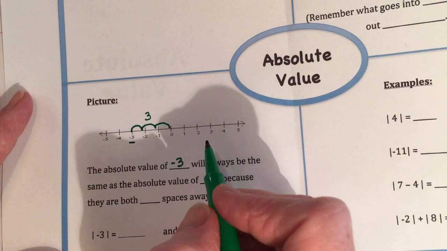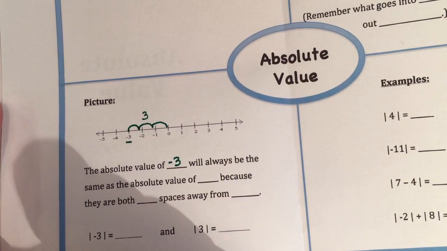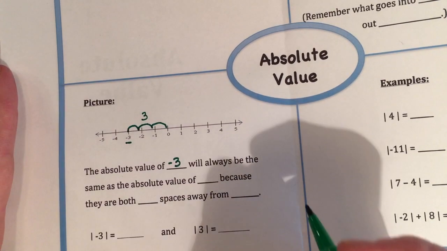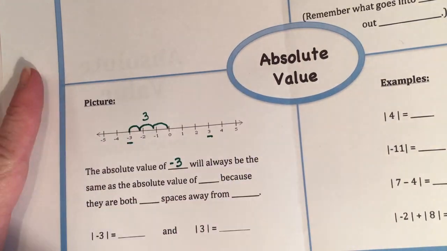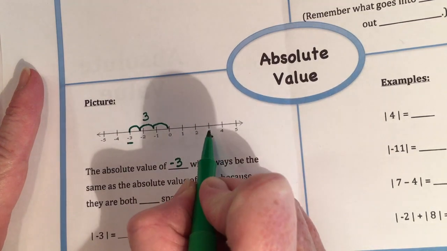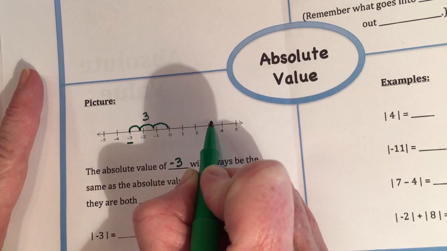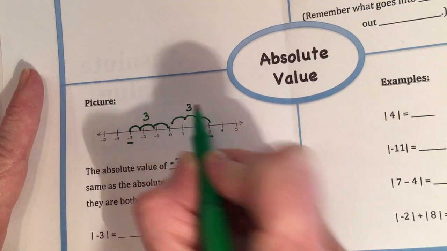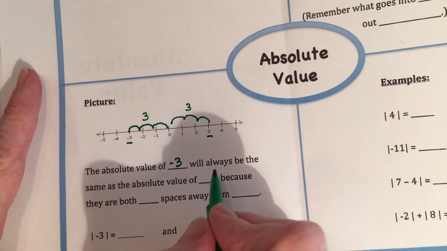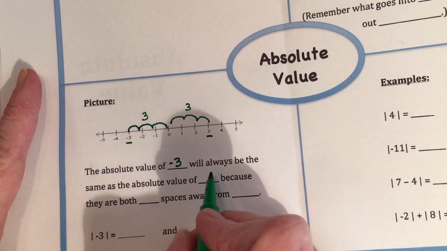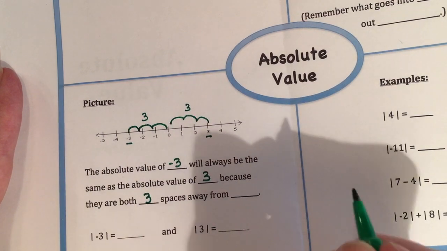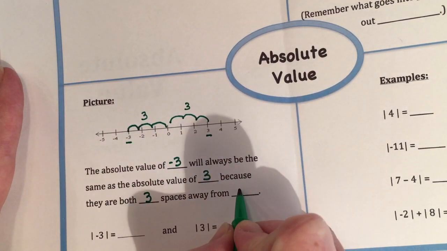All right. If I asked you, well, is there another number that also has an absolute value of 3? Hopefully you would guess that +3 also has an absolute value of 3. Because if I count the spaces it takes to get from +3 to 0, here's 0 in the middle, it is also 3. So the absolute value of -3 is always going to be the same as the absolute value of +3. And that's because they are both 3 spaces away from this important number in the middle,